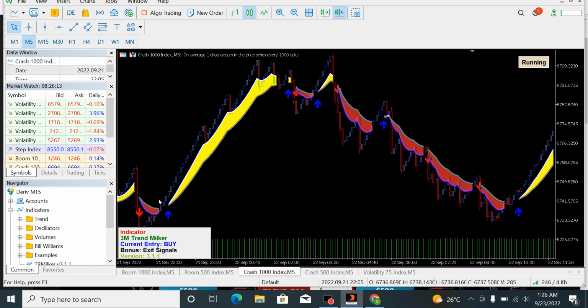This is what you need to do. You only need to come in when you have a yellow banner like this, or flag. I usually call it a flag. Once you have it, then you can come in when you have the entry signal like this. Then you trade within this region, because this is an uptrend region. But when you start having a red flag like this, then definitely you should know that the market is on a downtrend, and for crash, a downtrend is favoring spike trading.